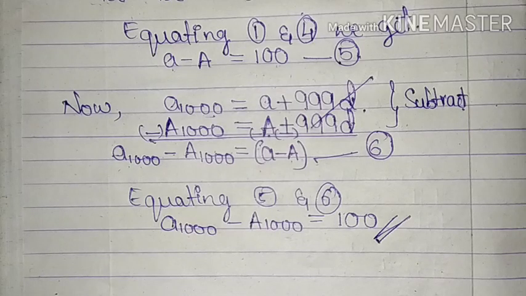This is the charm of using the formula to calculate the nth term of an AP. We didn't even know the value of the first term. We didn't even know the value of the common difference. All we knew was that the common differences were same and the difference between their 100th terms was 100. Using just this much information, we could determine the difference between the 1000th terms of these arithmetic progressions. This is the charm of mathematics.